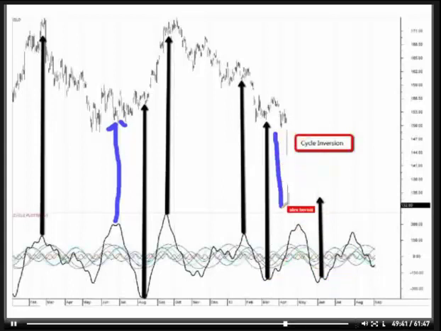But we have this huge energy release right here to the downside. And so this is what I was talking about, the scalar wave, that somewhere in the third axis, the z-axis, the energy was being pent up and it got released in the last couple of days, pushing it way beyond the forecast. And so this is possibly one of the reasons why we've had such a dramatic move in gold and silver metals markets.